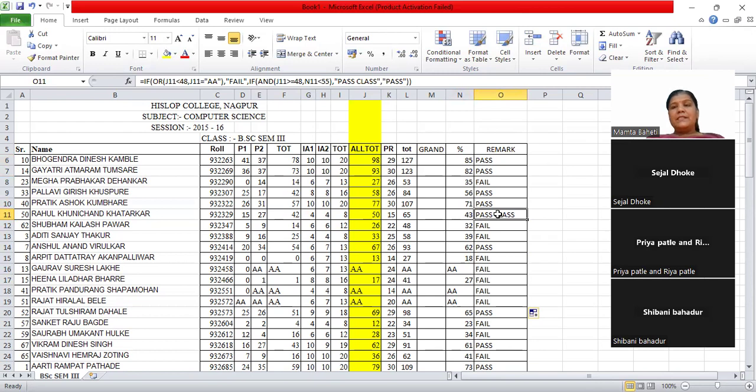So here you can see, as per the requirement, I am complicating or adding constraints, adding more than one condition in a single formula. So like this, you can put n number of conditions over here. I'll just show you. I'll just put this condition over here. What I have done,